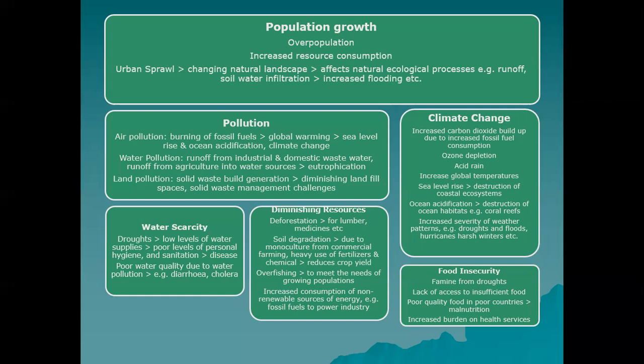Deforestation can also lead to soil degradation. But remember, I also mentioned soil degradation can also come from the commercial farming type practices where we find they practice monoculture, which depletes the integrity of the soil. So now the soil is being degenerated in two ways. Not only agriculture, but remember deforestation, making space for agricultural activity. That means that it reduces crop yields, not only in terms of amounts, but also the quality of the